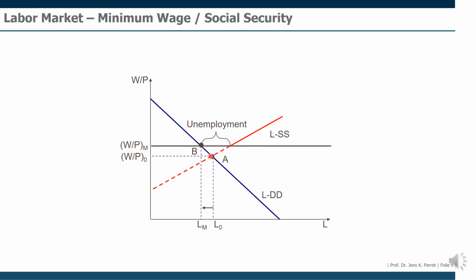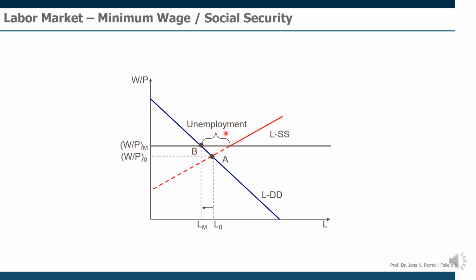Because in this case, the wage rate is actually pushed upwards, having the effect that companies want to employ fewer people for this pushed price than people want to work for, and we get involuntary unemployment. And that's something we might have seen in a lot of examples. That's not necessarily always the case. There are some very, very few examples to the contrary, but in most cases, this could actually happen